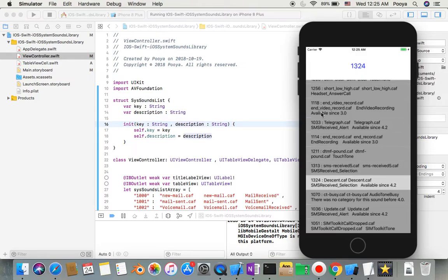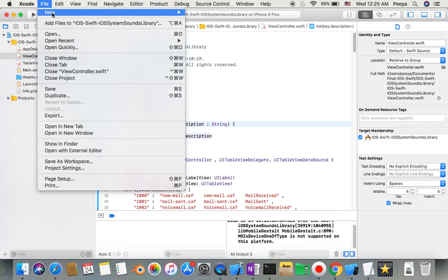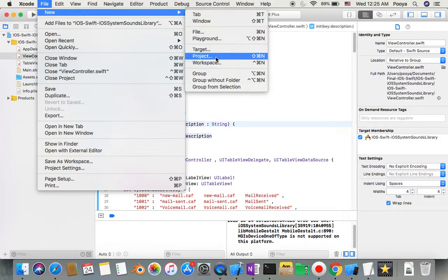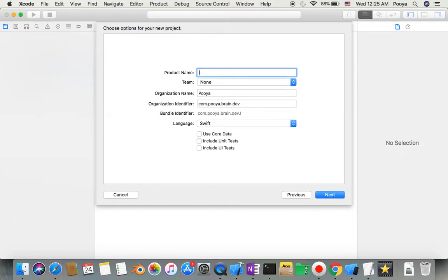Let's start the project. It's a pretty straightforward project, just one table view and an array that I just have ready. Okay, so file, new project, single view app, iOS Swift. Okay, about the name, I name it